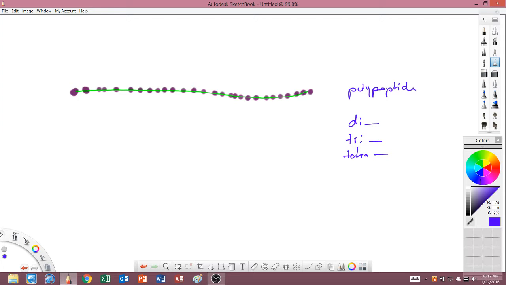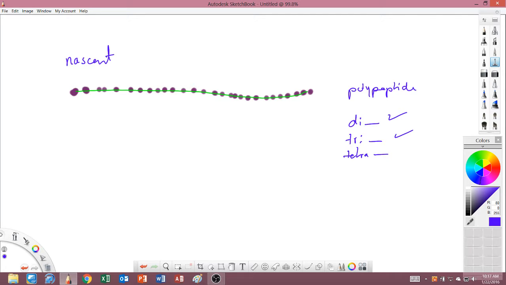How far are you going to go? We're lazy people. We don't want too many namings. If it's more than 10, you call it polypeptide. You can call it that too. Just for simplicity, you call it polypeptide. Usually what you're concerned with is dipeptide, tripeptide, and polypeptide. Okay, it's a polypeptide. Now this is still not a protein, sorry. This is called a nascent protein.